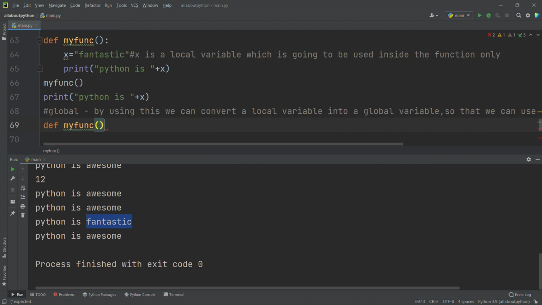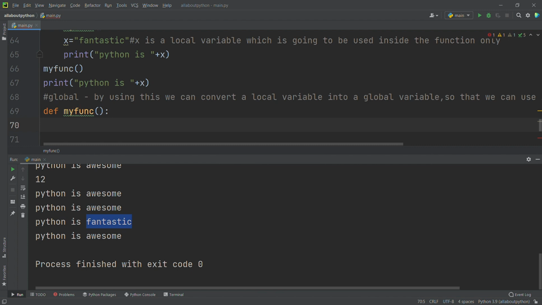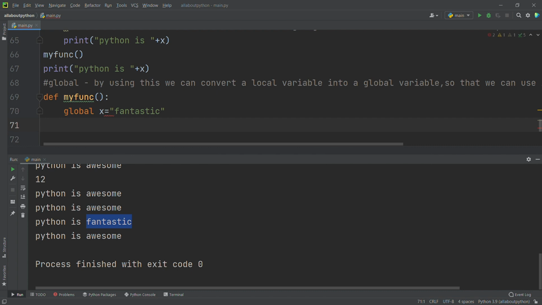As we said, I will create my function, and inside my function, up to now I had not used the keyword global, right? Now I will say global x is equal to, now I will say fantastic. And now I will try to access that variable outside the function.